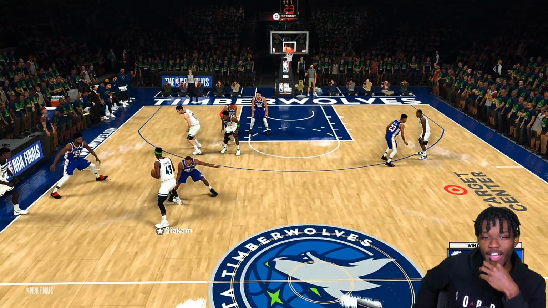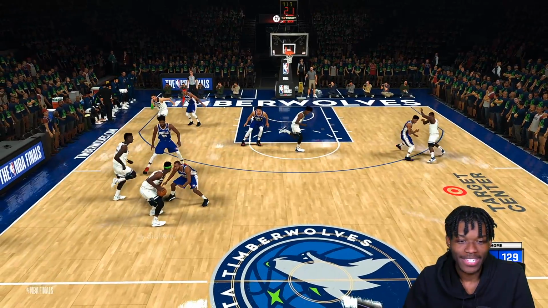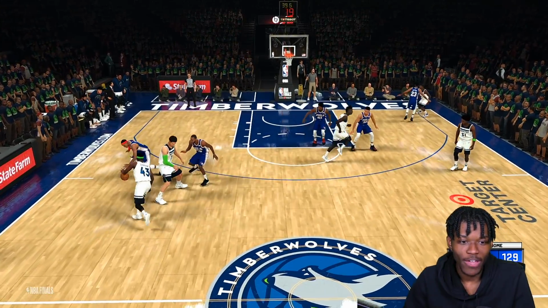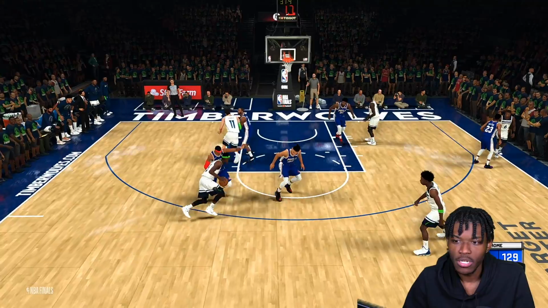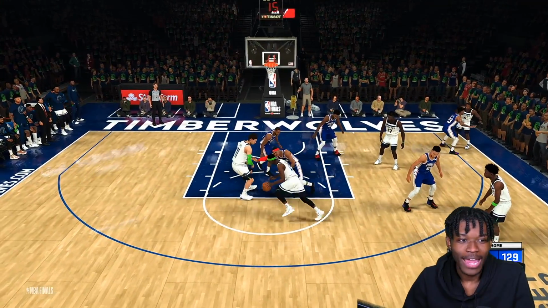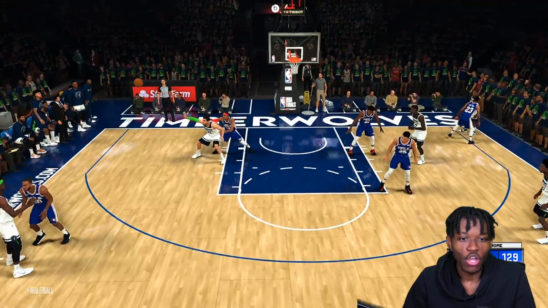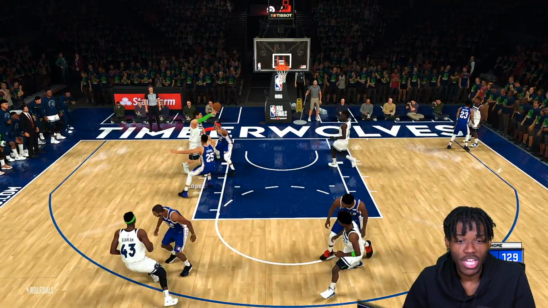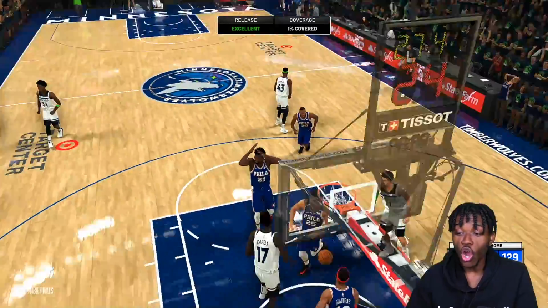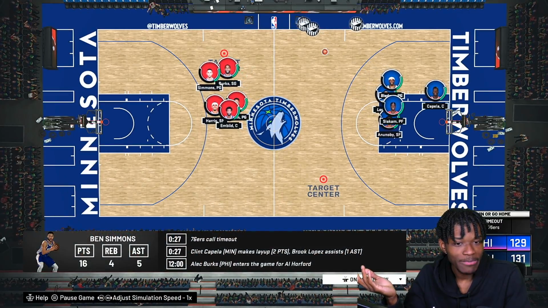Get the ball in. All right, so they finally get the ball in. Pascal is being guarded by Alec Burks, the most valuable asset in NBA 2K history. Where's Paul George? I do not know. He is on the bench, sitting down. That is very alarming to me. Brook Lopez gets a post touch, kicking it back. Clint Capella. Let's go. Why are they double teaming Brook Lopez in the post? Why? Well, not Simcast. That's not what I want to do.